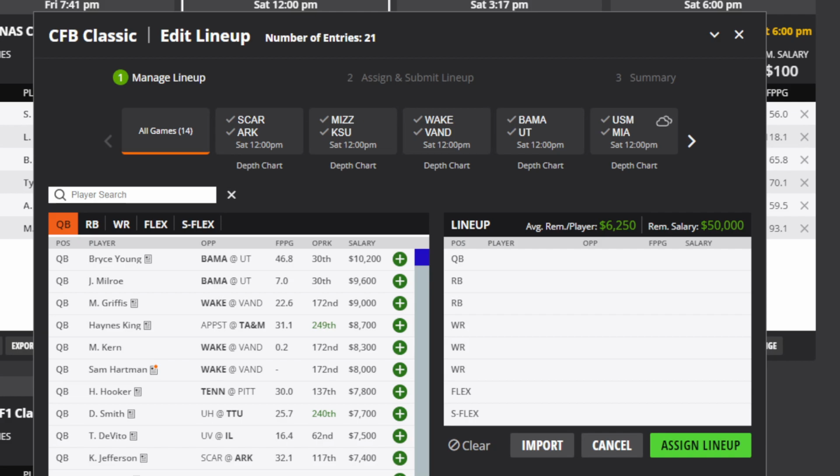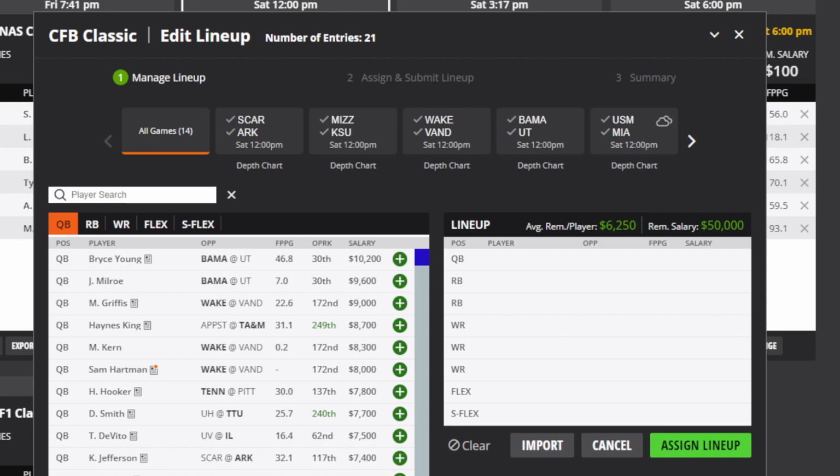As for the blowout potential in some of these games, Alabama is a 20-point favorite over Texas. Miami's projected to win their game by 25 points, Penn State by 24, Texas A&M by 18, and a couple others, Air Force and Wisconsin by 17, Notre Dame by 20. A lot of games could get out of hand here, but there are some games like Arkansas and South Carolina at 8 points, Tennessee versus Pittsburgh at 6 points, and Texas Tech Houston at 2 points.